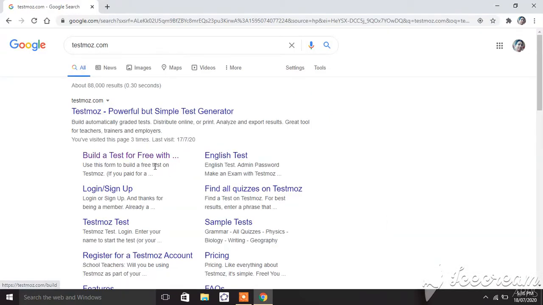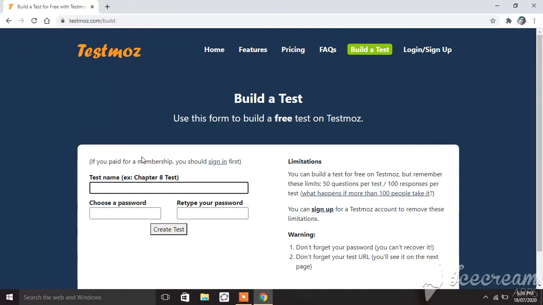Okay. Then click on build a test for free. This window will display on your screen. So enter the test name here. Suppose I am setting this paper for 4th standard and my paper is of subject computer.